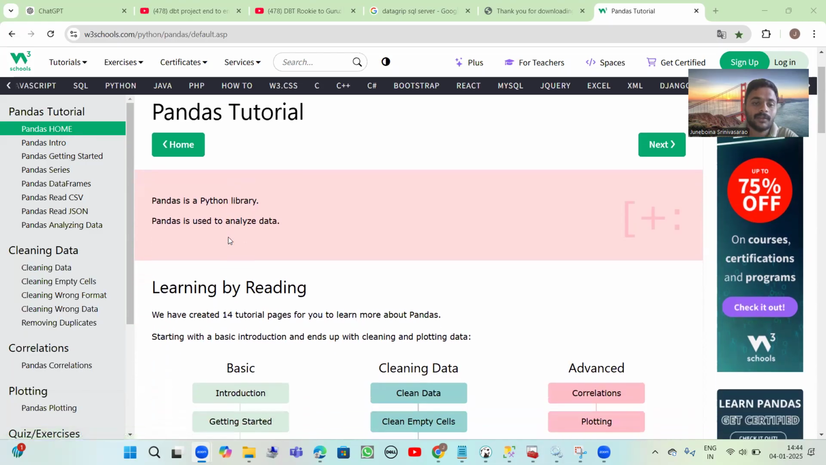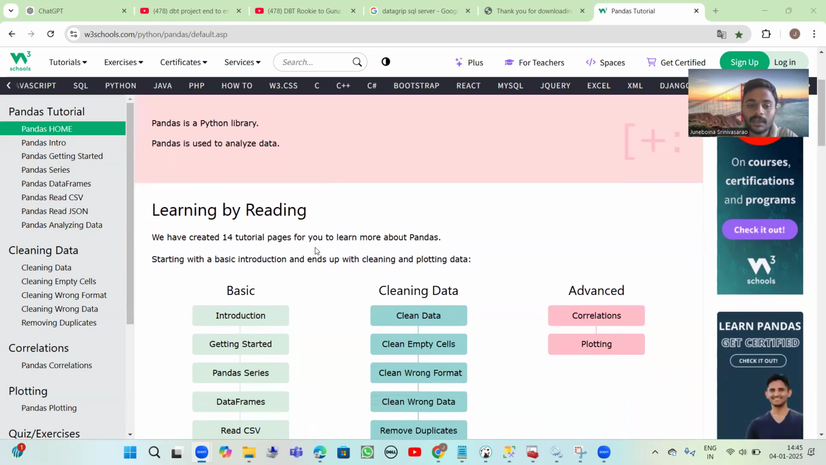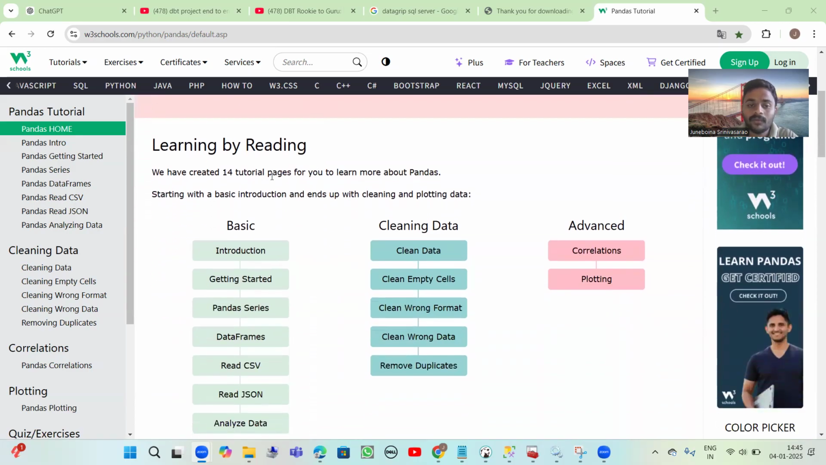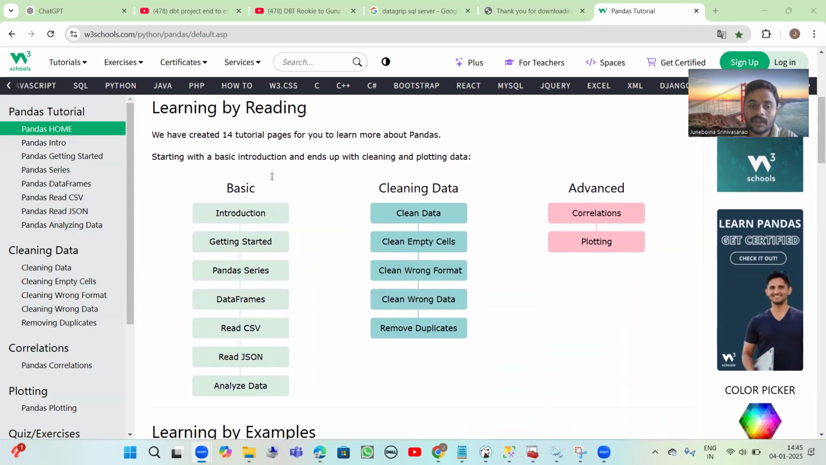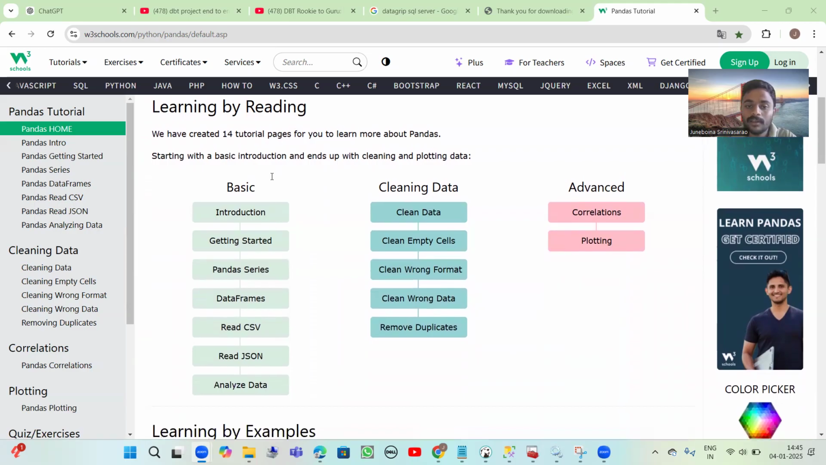Pandas tutorial. Pandas is a Python library. Pandas is used to analyze data. Learning by reading. We have created 14 tutorial pages for you to learn more about Pandas. So we completely know about Pandas by following these 14 tutorial pages, starting with a basic introduction and ending with